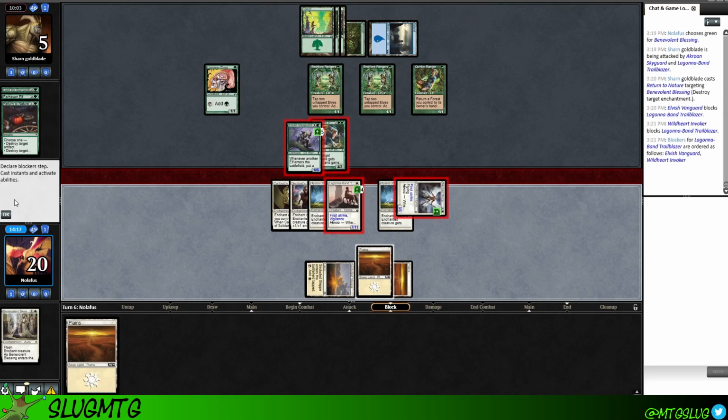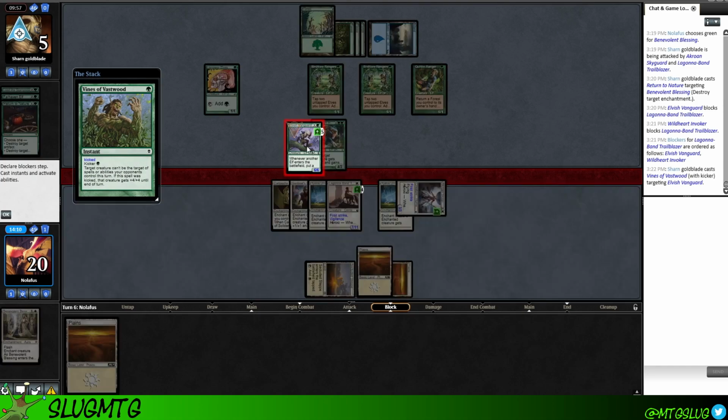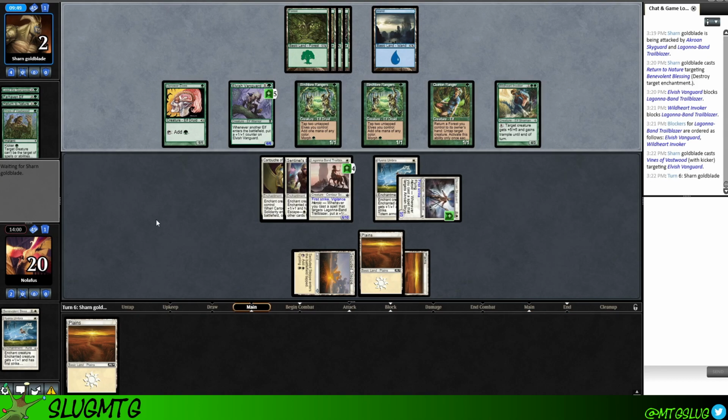It's the only one that's kind of scary right now. And then because of First Strike, Elvish Vanguard will die, and look, the Band Trailblazer will live. Ooh, okay, never mind. So they do go ahead and kick it. That is fine because I still have the Hyena Umbra. And we'll go ahead and pass turn. So I still have a very big blocker, and hopefully they don't...